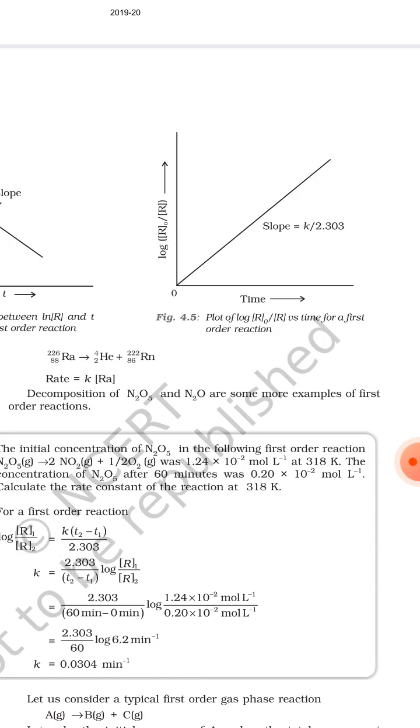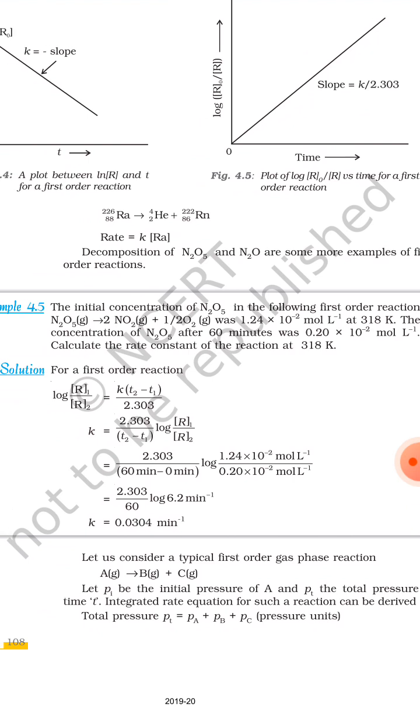Okay. Now another example of a first order reaction is the decomposition of N2O5, and N2O is some more examples of first order reactions. तो फर्स्ट ऑर्डर रिएक्शन का पहला एग्जांपल ये है कि जो रेडियो एक्टिव एलिमेंट डीके प्रोसेस में चला जाता है, वो फर्स्ट ऑर्डर रिएक्शन रहेगा। रेडियो एक्टिव एलिमेंट जब भी डीके हो जाएगा तो वो हमेशा फर्स्ट ऑर्डर रहेगा। और दूसरा एग्जांपल है N2O5 डाई नाइट्रोजन पेंटाऑक्साइड, जब डिकम्पोजिशन में चला जाता है तो वो भी फर्स्ट ऑर्डर रिएक्शन ही होता है। ठीक है, यहाँ पे सॉल्व एग्जांपल्स है।